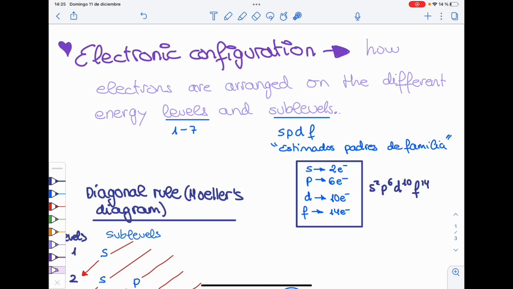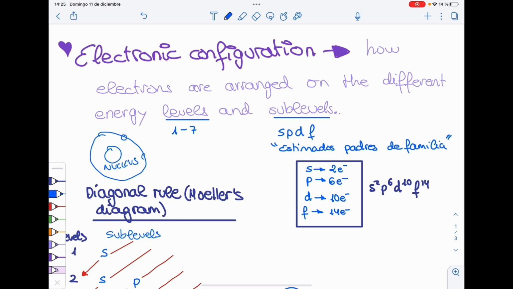Hello, I'm doing this video to talk about the electronic configuration, which is how the electrons are arranged on the different energy levels and the different sublevels. I hope you remember that the energy levels are the different layers that are surrounding the nucleus of the atom. So, if you remember, we have this, which is the nucleus of the atom, and then surrounding the nucleus we